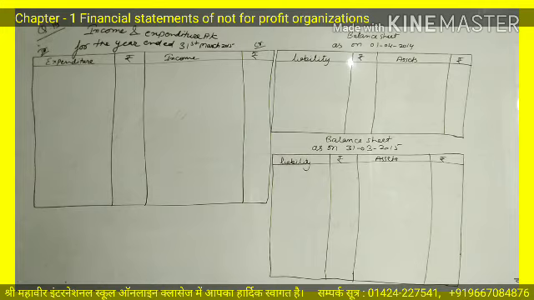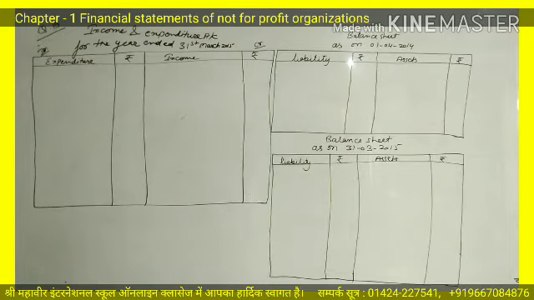Then the topic is salaries outstanding. In receipts and payment account, in the payment side there is a point of salary. You should tick this point there. Furniture, tick the furniture amount also. Sports equipments, if you have any sports equipment in receipt and payment account, then tick this amount also. And later on, depreciate furniture by 20% and sports equipment by 30%. You have depreciation on furniture and sports equipment.